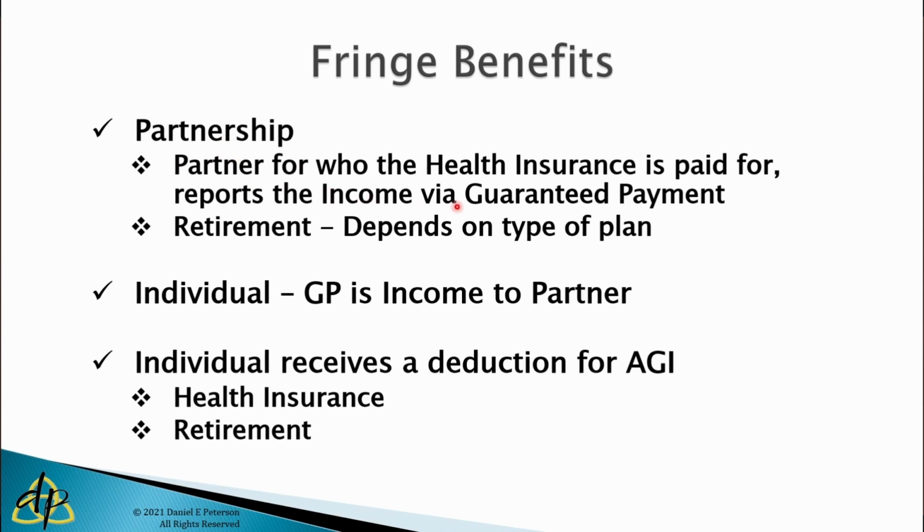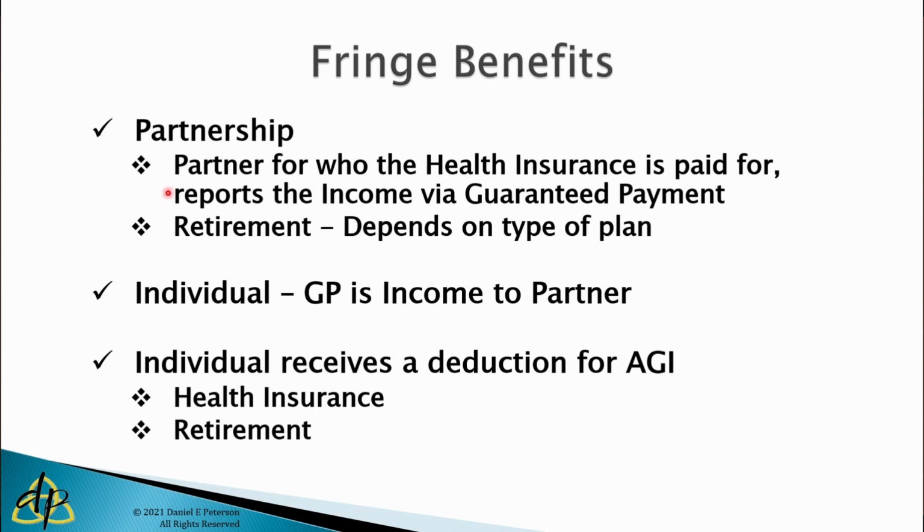However, the partnership reports the amount of the premiums as a guaranteed payment to the individual partner. So the partner then picks that income up. In addition, they get to deduct that self-employed health insurance premium on their individual tax return. It's essentially a wash from a federal income tax perspective for the partner,